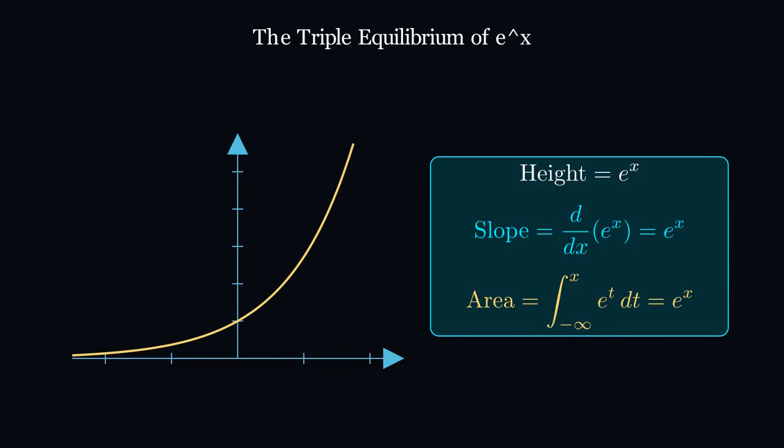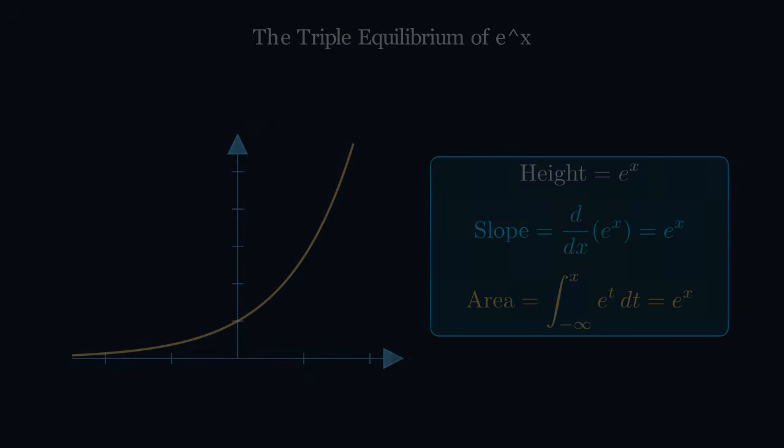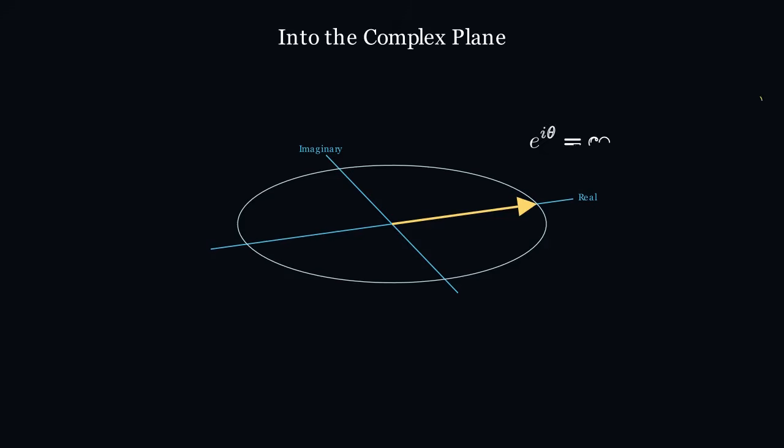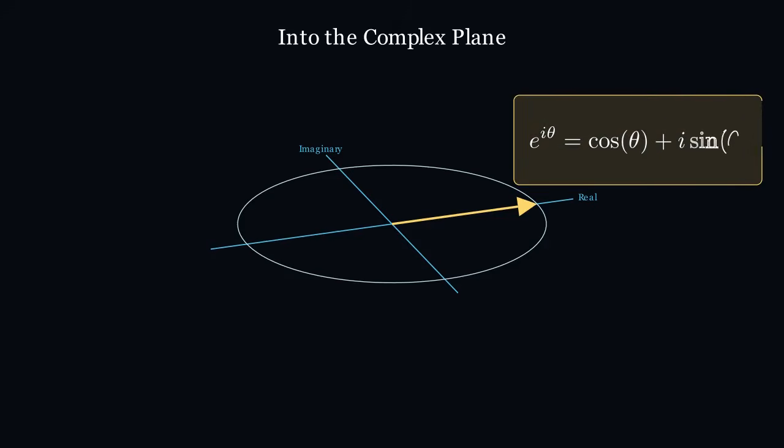In real time, as the function evolves, the height, the derivative, and the integral output the exact same numerical value down to the last decimal. No other mathematical function in the universe possesses this flawless symmetry. It is the definitive geometric anchor for the physical world. But what happens to this perfect engine of real-world growth when we force it into the imaginary plane?